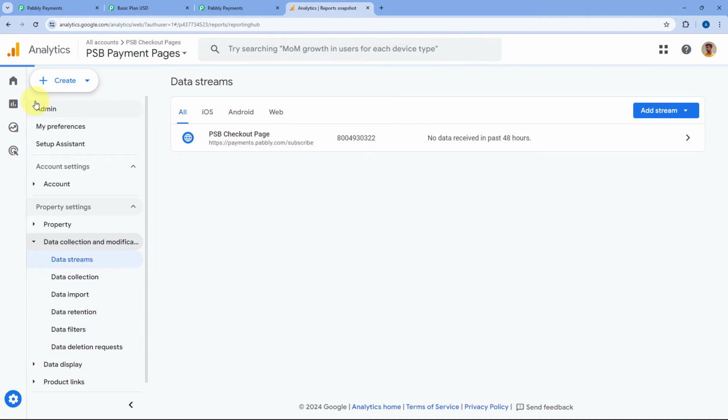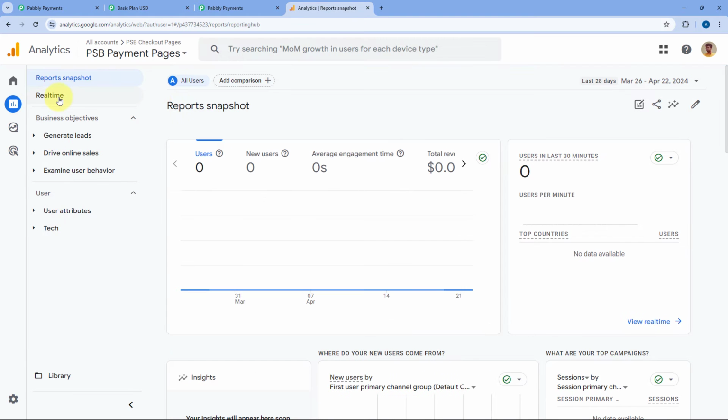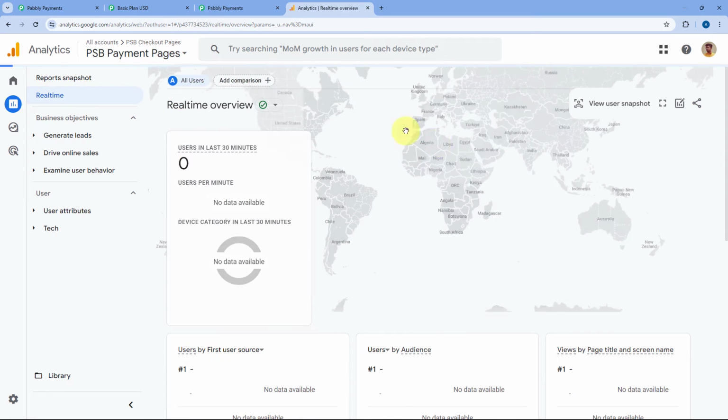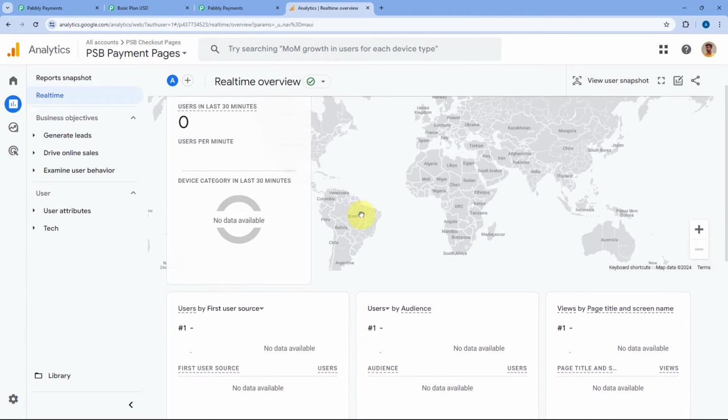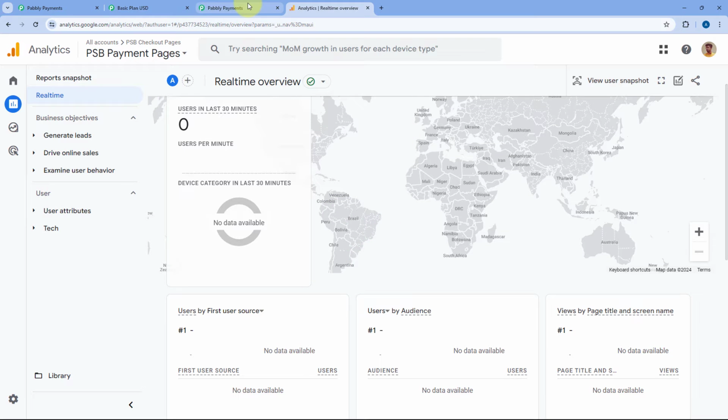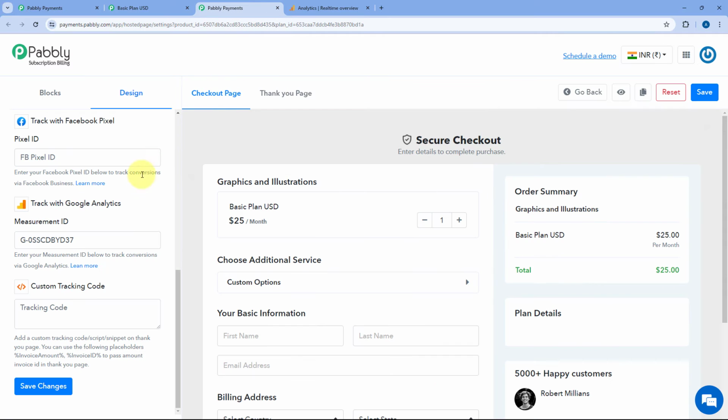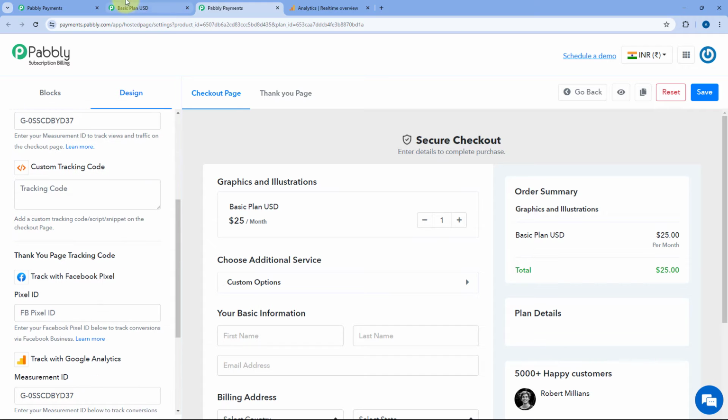And after that, we will just go to real-time reports over here. Just go to real time. And here you can see right now, I don't have any visitor on the checkout page. We don't have the data for any person over here. Now, after adding the tracking code or the measurement ID in the checkout page in Checkout Customizer,